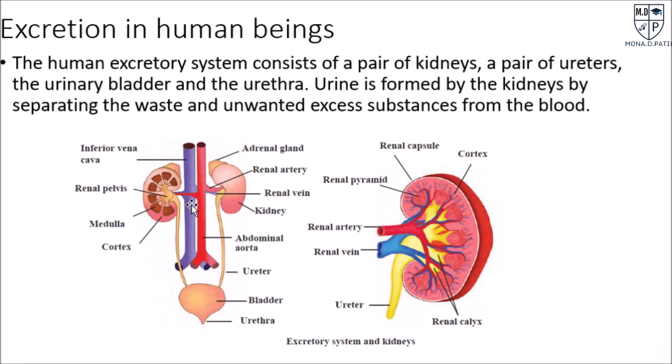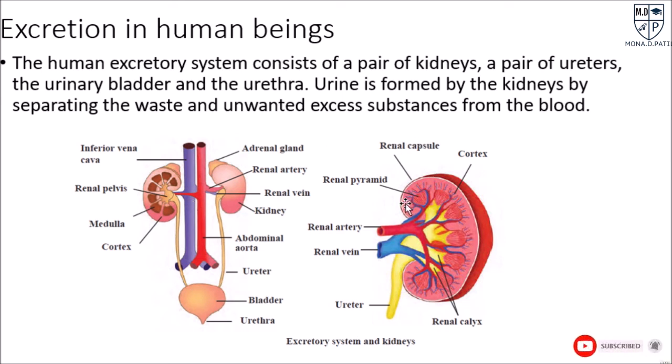The approximately 5 liters of blood present in a normal healthy person's body is filtered by the kidneys about 400 times every day. Thus, every day the kidneys filter about 119 liters of blood, from which about 1 to 1.9 liters of urine is formed. The remaining liquid is reabsorbed.